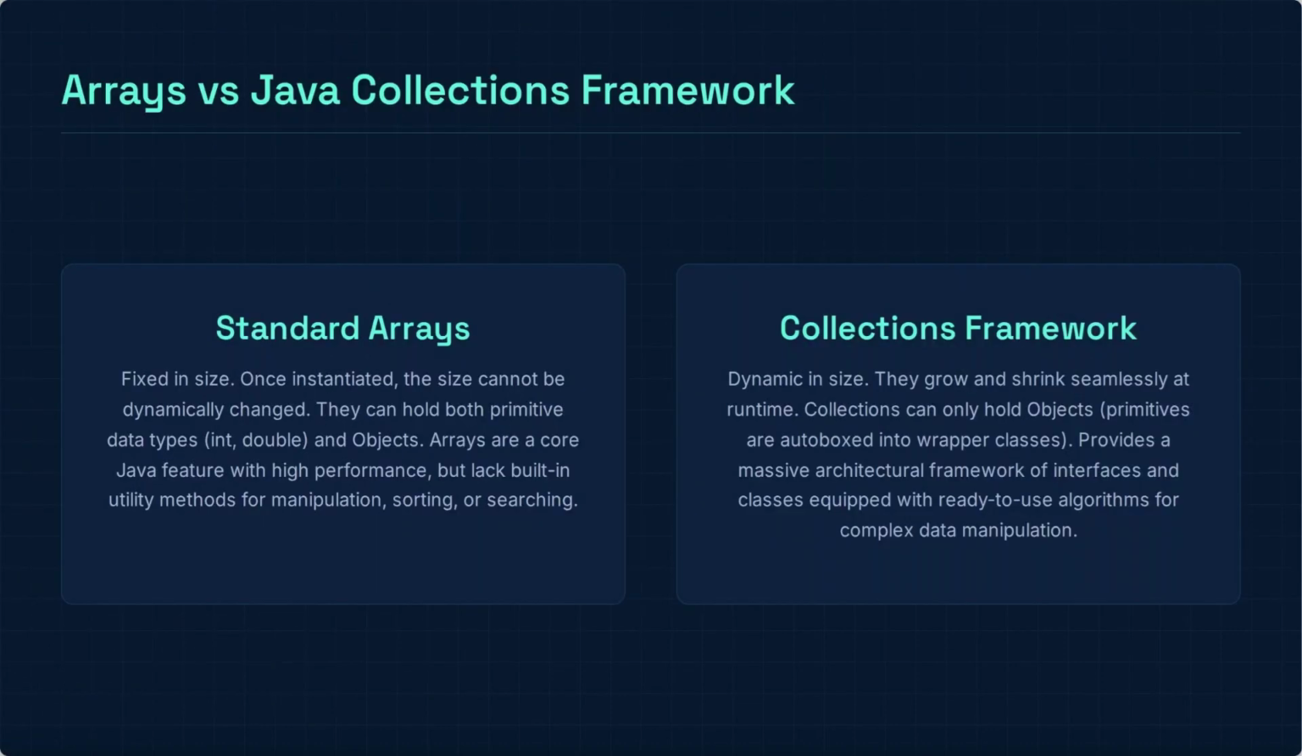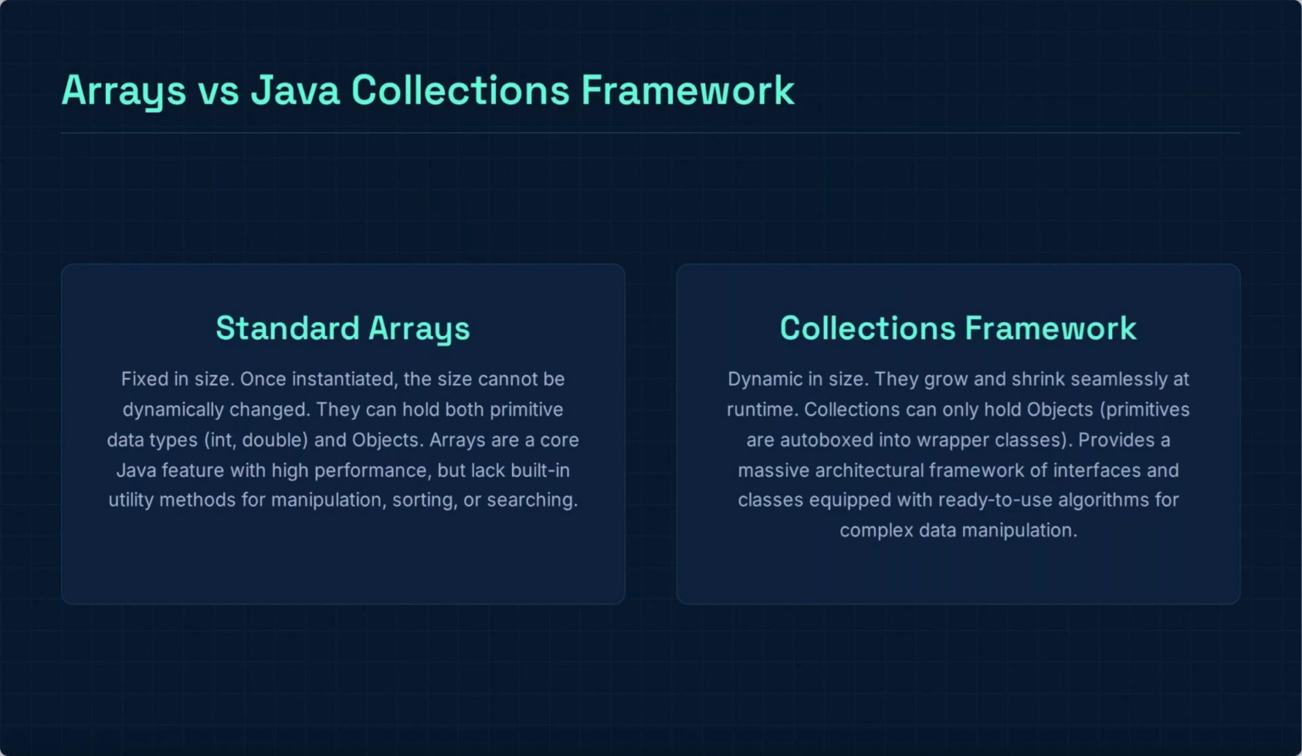Let's begin by comparing standard arrays to the collections framework. Standard arrays are fixed in size, meaning once they are instantiated, their size cannot be dynamically changed. They have the ability to hold both primitive data types, like integers and doubles, as well as objects. While arrays are a core feature in Java that offer high performance, they lack built-in utility methods for manipulation, sorting,